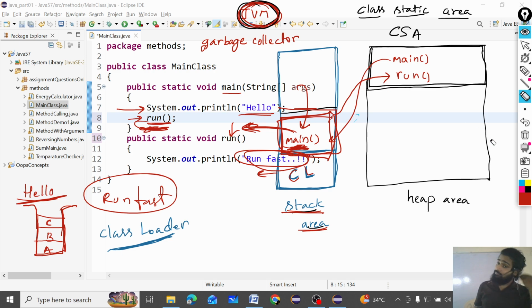At last, who will come? Garbage collector. What will this fellow do? He will erase all the memory, like class static area memory and heap area. Anyhow, there is nothing created in the heap area. When we create an object, then memories will be allocated in the heap area. I will talk about that heap area slowly. Garbage collector will remove main method and run method from the class